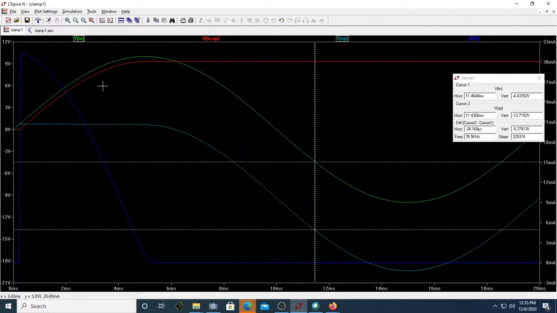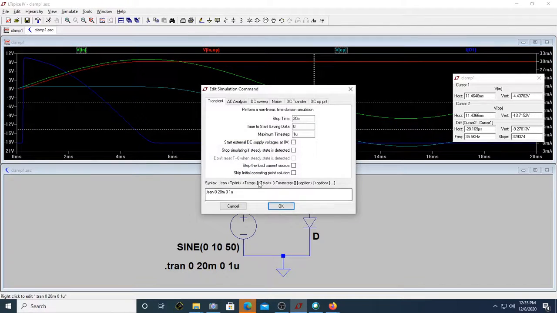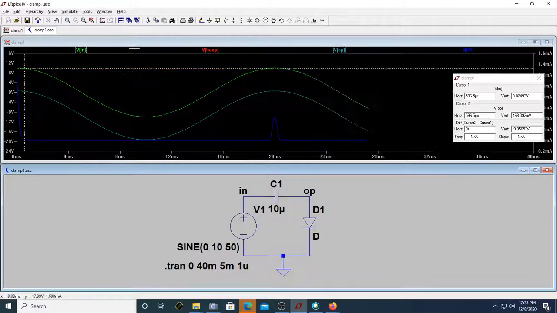If you simulate for larger cycles and then you don't see the first cycle, you can see how it looks. What I'll do, I will simulate for 2 periods, and let me save it from 5 millisecond. Sorry, 5 millisecond. I will not see the first quarter. I don't want to see the first quarter. You can see how it looks.